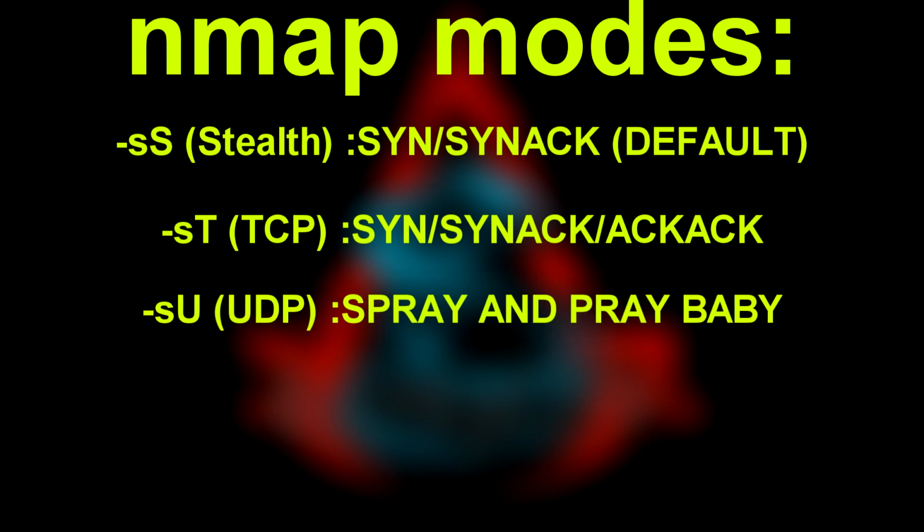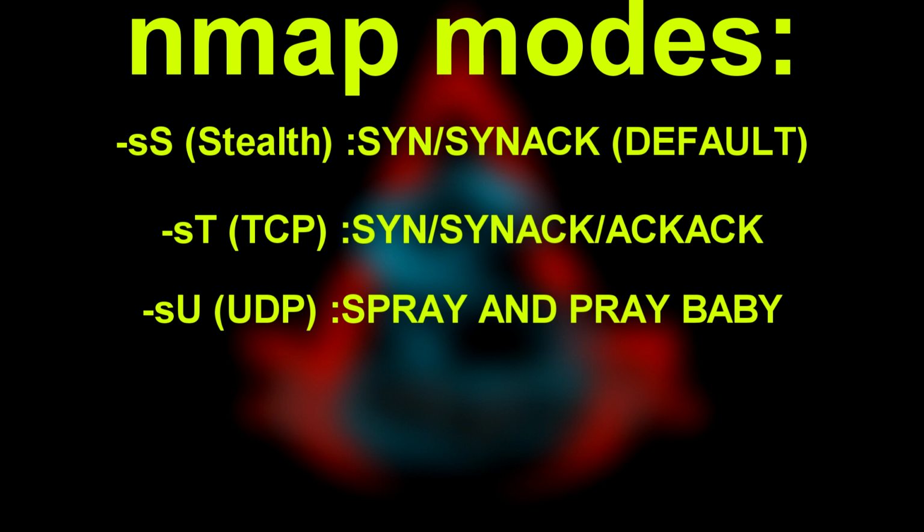And then finally, we have the UDP scan option, -sU. This one just sends specific payloads for common ports to get a response back, hopefully, or a blank one to unknown ports, just praying it gets there and you get something back. This one tends to be the most unreliable for obvious reasons, but it is important to always run at least one UDP scan on a box in the lab or exams. I've had one or two enumeration chunks missed by not doing this and being lost for an hour. Learn from my